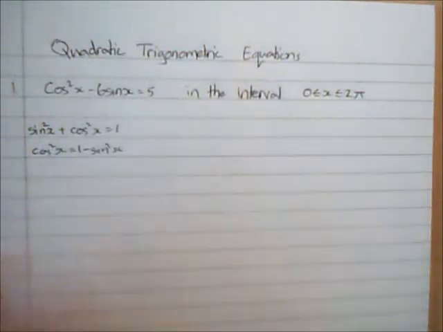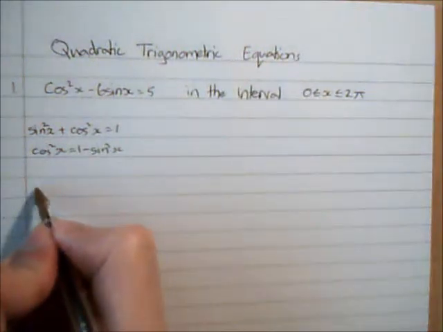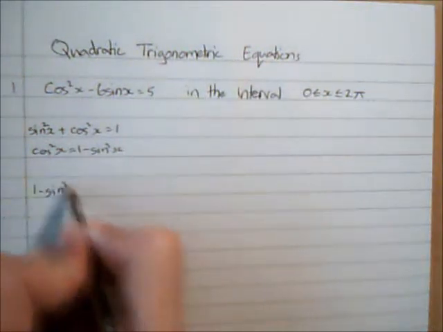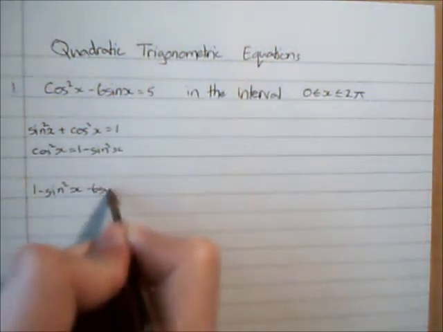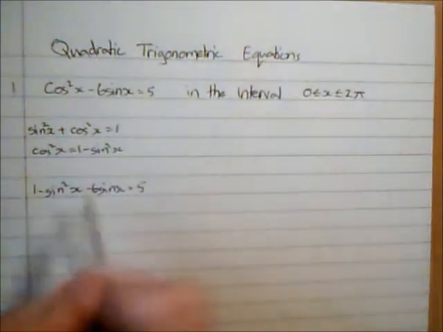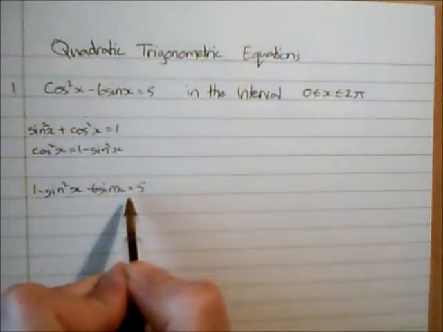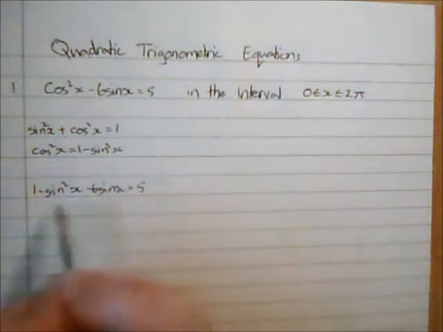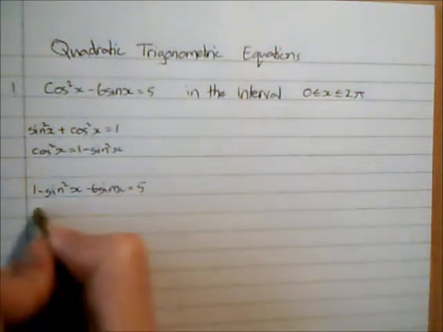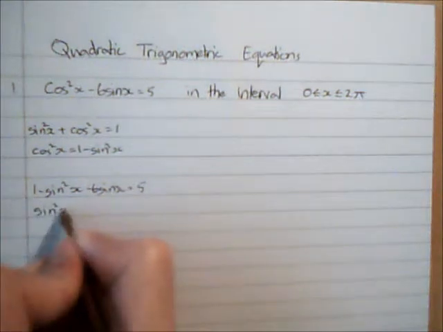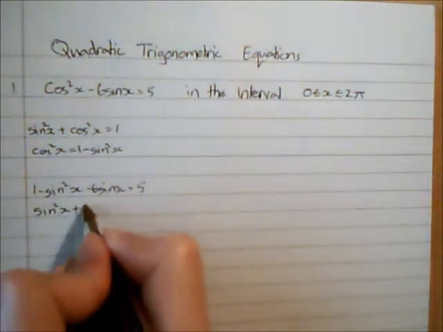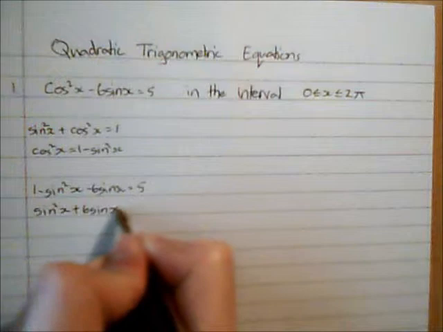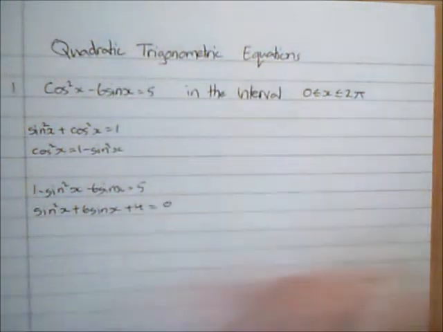So if I stick that into the original, I can say that 1 minus sine squared x minus 6 sine x is equal to 5, and then I'm going to collect terms together so it's equal to 0. I want the sine squared x to be positive, so I'm going to move everything to the right hand side, but for ease of use I'm going to write it on the left side,